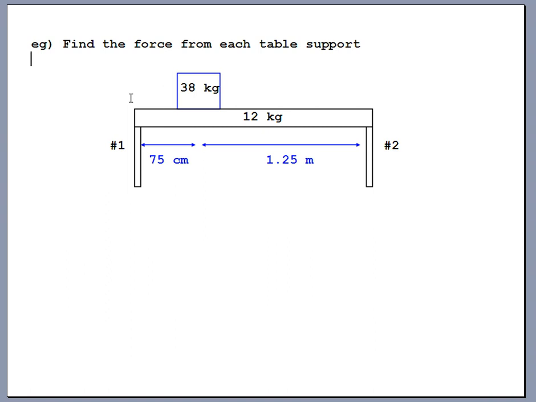Here's a table. The tabletop is 12 kilograms, and let's just say it has two supporting legs, like two broad legs, one on each side. The distance from leg to leg looks like it's 2 meters, but off center, 75 centimeters from an edge, is this 38 kilogram box that's going to be pushing down on the table. And I want to know, how much force does each table leg have to put up? I suspect that table leg number 1 has to push up with more force,